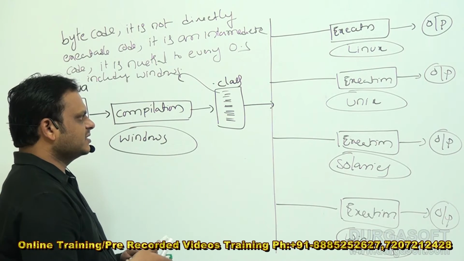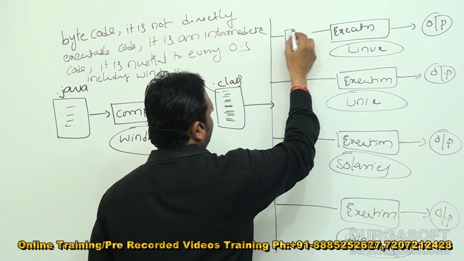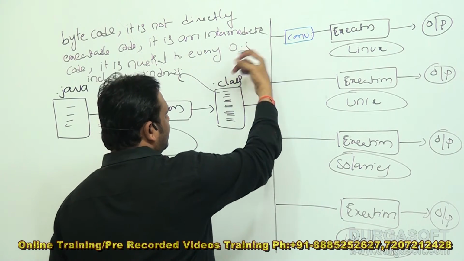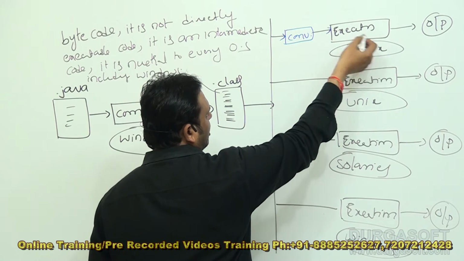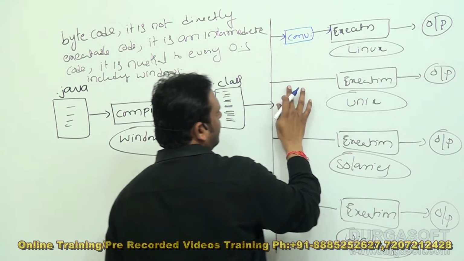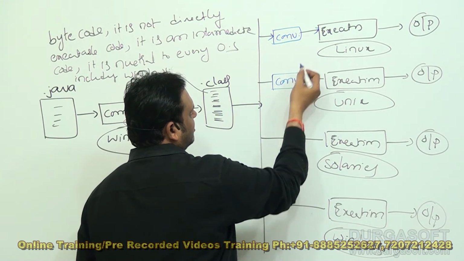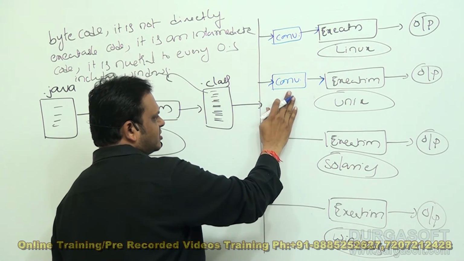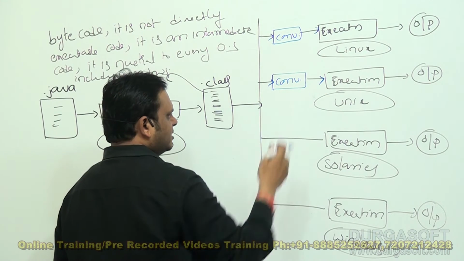What exactly is the translator here? This translator is one converter. What is the job of this converter? It will take neutral bytecode as an input and convert that neutral bytecode into the local operating system representations, Linux representations, and it will be executed and we are able to get output. And here also we are using one more converter or translator, whatever it may be. It will take neutral bytecode as an input. This converter will convert that neutral bytecode into Unix representations and generate some output.